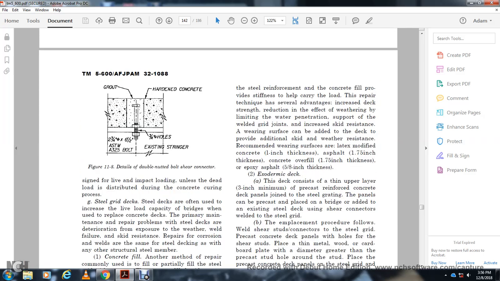The stiffness helps carry the load. The repair technique has several advantages: increased deck strength, reduced weathering effects, limited water penetration, and support with the welded grid joint, plus increased skid resistance. A wearing surface can be added to the deck to provide additional skid and weather resistance. Recommended wearing surfaces are latex modified concrete, 1 inch thick,